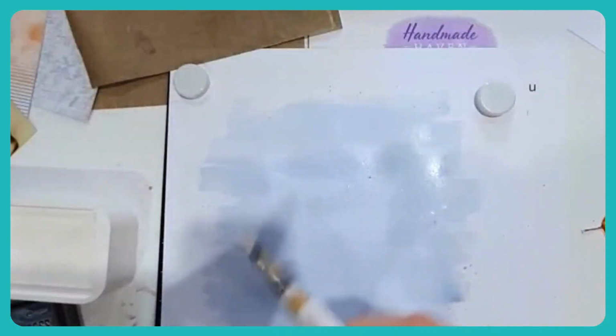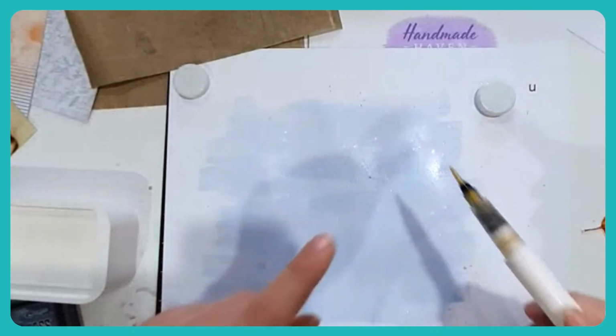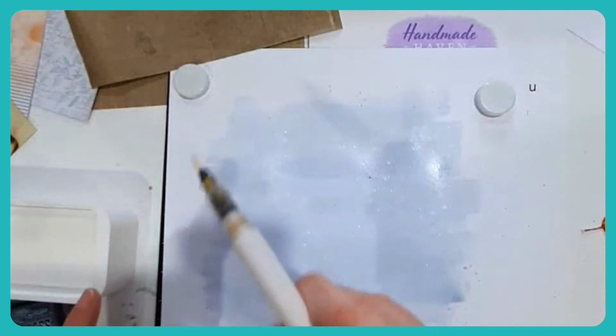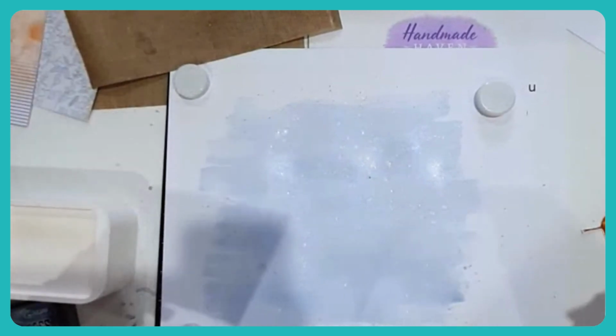And I'm just going to flick that on as well. I like to do it now, otherwise I tend to forget and then you're worrying about getting it on your photo and on your embellishments. So that's got some gold shimmer as well. Okay, so now what we're going to do,